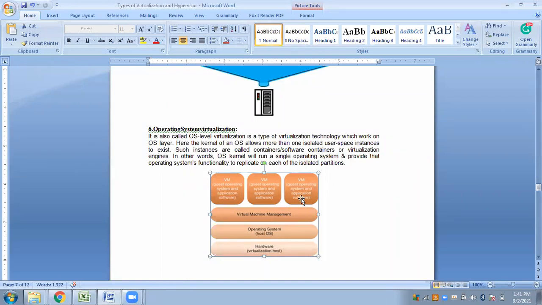Like you will create separate instances of your single operating system, and you will load those instances on the different virtual machines. Okay, the virtual machines are actually inside containers. So inside one container there will be one virtual machine. Like that, a server can have any number of virtual machines depending on the hardware resources.